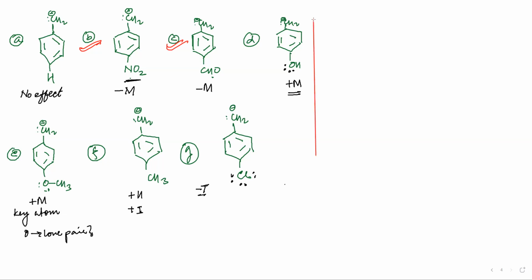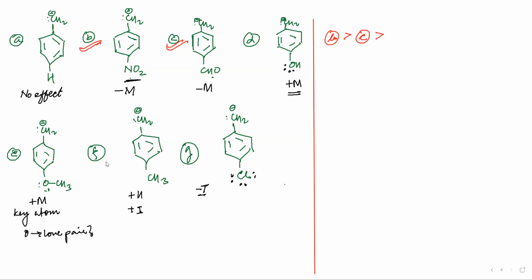Do you have that order? Yes, very right. Correctly said. NO2 is most electron withdrawing. That means if there is a battle, first of all, there is a battle between all of these, A to G. So we know that minus M will be winning amongst all of them. And between NO2 and CHO, these both are minus M. Who will be winning? B. B will be winning. We write it in a bit proper way. B. And after B, we will be getting C, because there is no other competitor to C than B.